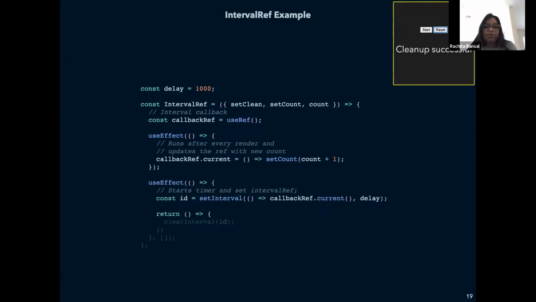We define a mutable callback ref that closes over the fresh props and state. So we want to be able to update the callback ref with the new value of count on each state update, but we only want to call our setInterval once, that is when the component mounts. So we'll write a new useEffect which will run after every state update